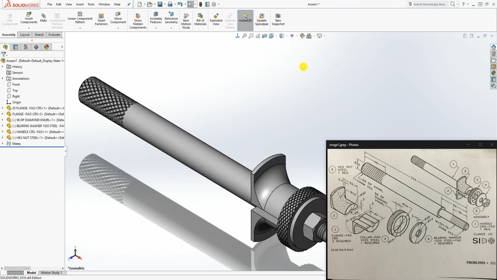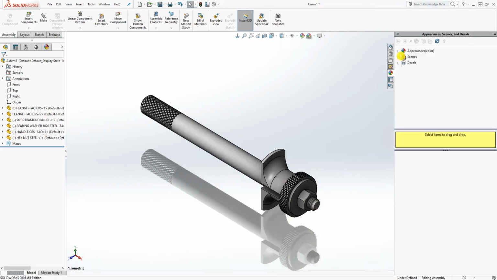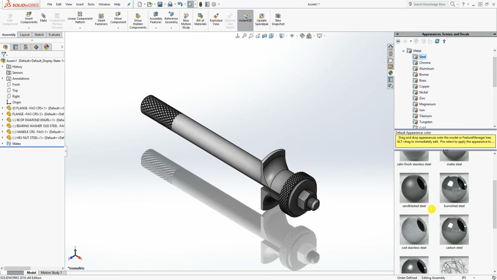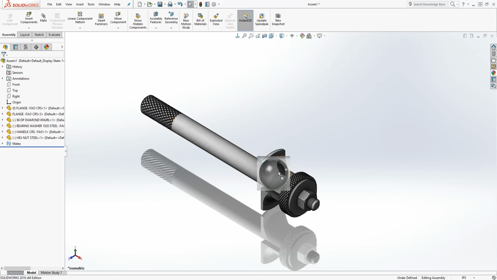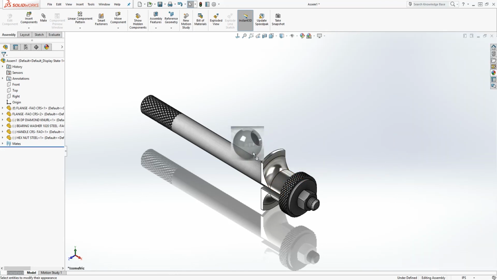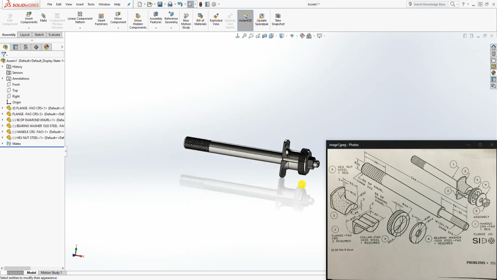And it is done. And what you can do now is, if you want to add material, you can start adding like your appearance and metal, steel. For the first one, we can do carbon steel for this, and you want to add it to the flange itself, not on the assembly but the flange, so you add it to the part level too. And you can add like a carbon steel to this, and so on. You can just add your appearance for that. And one thing you can also do,